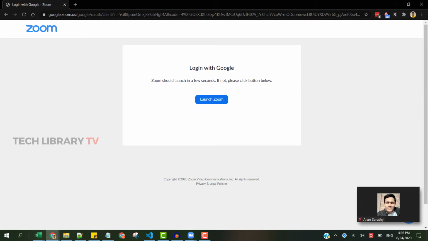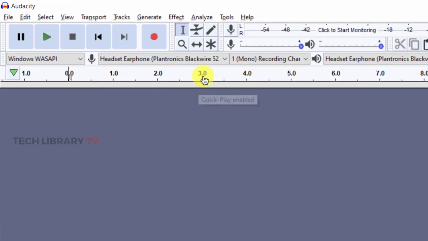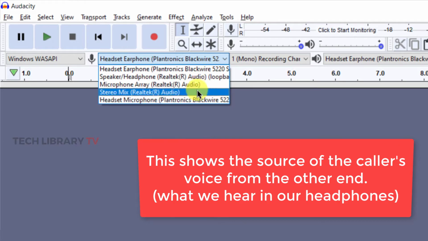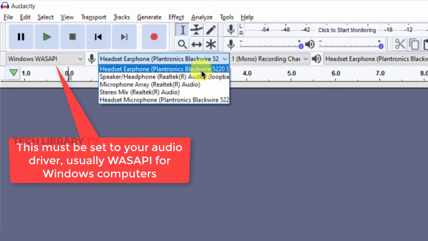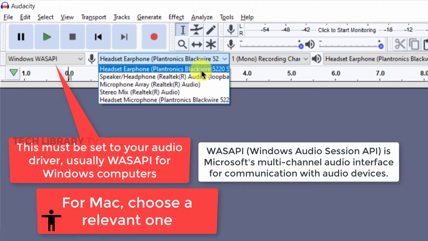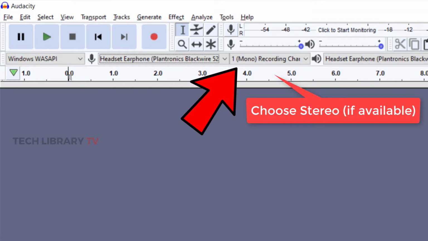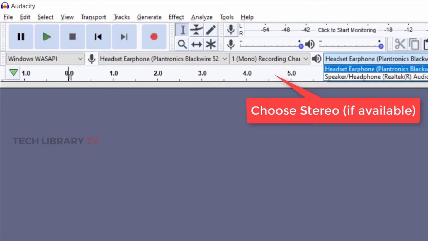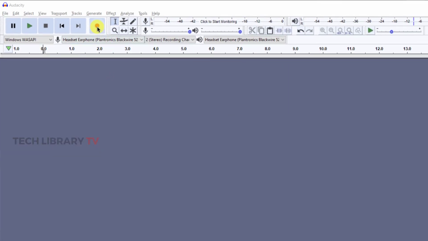Once you're done with that installation, next make sure you connect the headphones through which you speak during your calls. Usually, Audacity shows the name of your headphone here in this drop-down. This is the audio output source through which you listen to the voice from the other end of your call. If you don't use headphones for your calls and listen directly through the inbuilt speakers, you can choose your relevant output here. Another tip is to use stereo recording instead of mono. This gives better clarity when you listen to it after recording. Of course, all this setup needs to be done before your call begins. So this is now all set up and ready to record.